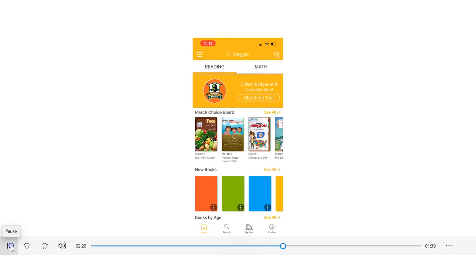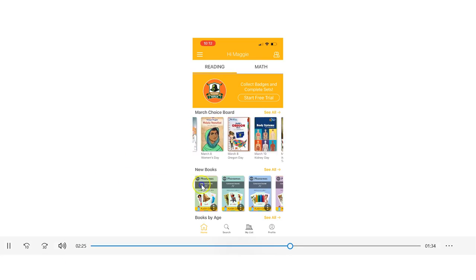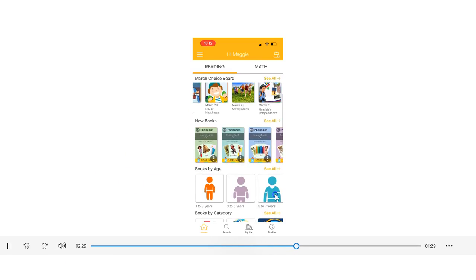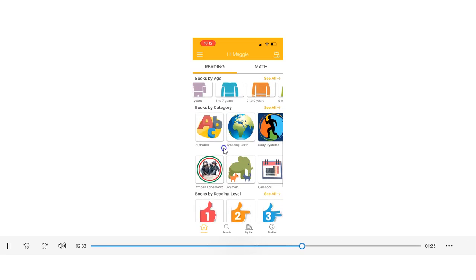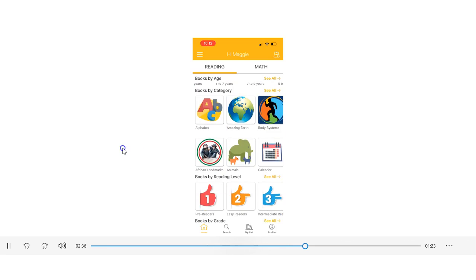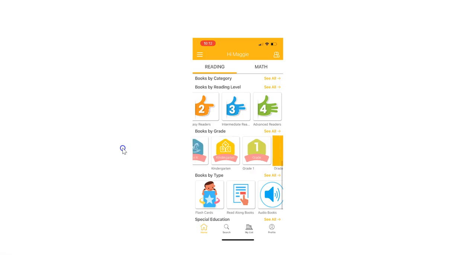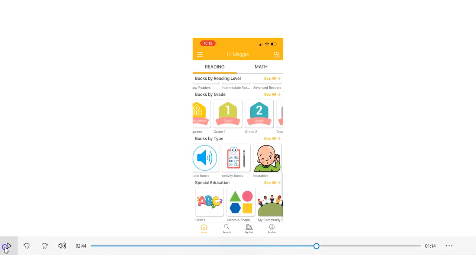And then these are just a bunch of books on the list. Okay, and then this is the reading list. So these at the top right here are March choices. So it gives you all the top choices for March here. And then underneath are new books that they have added to the app that they can look through. There's also books by ages, books by categories, books by reading level, which I think is really cool because they can pick what reading level they are. And then books by grade, and then books by type,